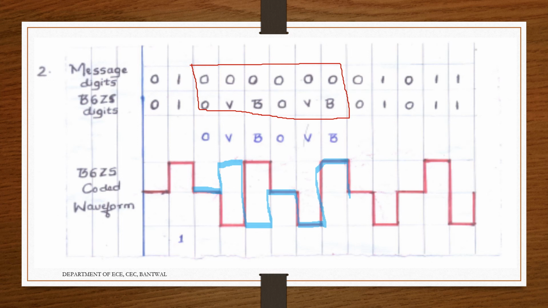Again, the remaining ones and zeros will be the same as what we have done. 1 plus 1, the next one will become minus 1, plus 1, minus 1, alternate masking again carried out. But when we are doing this table, it will be very confusing. This is what I wanted to highlight, the mistakes that can be made. You will get confused between plus or minus, so we need to think which one is the preceding pulse, and on that basis decide here.